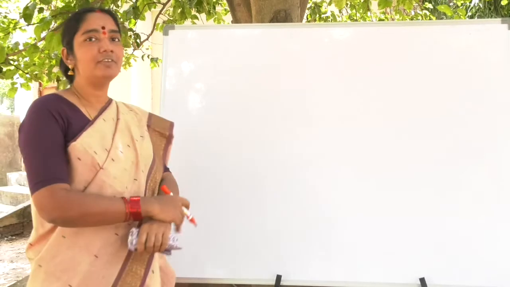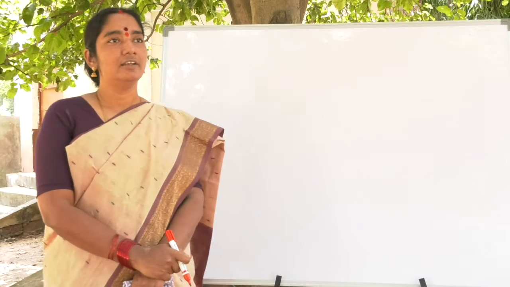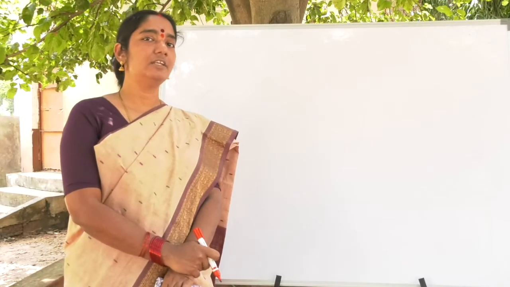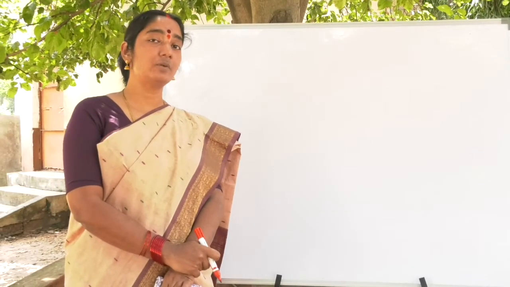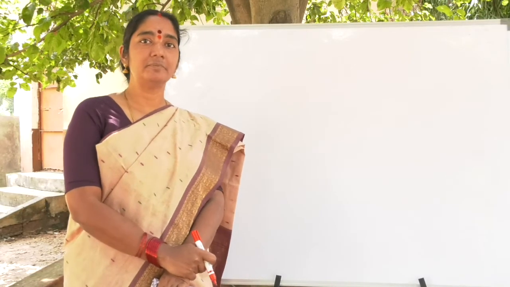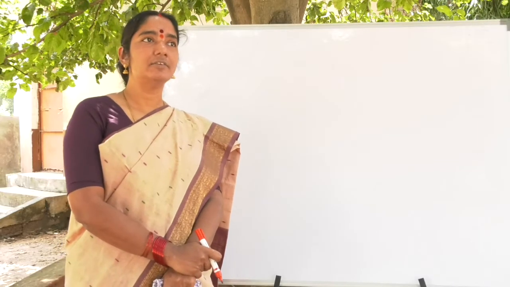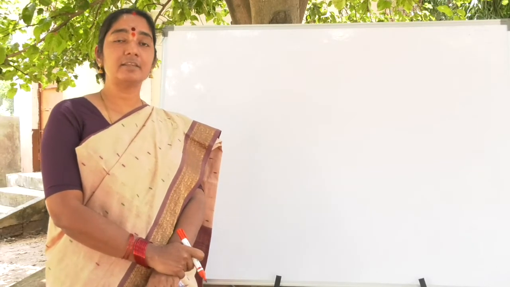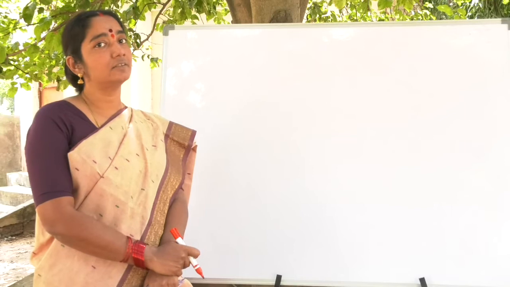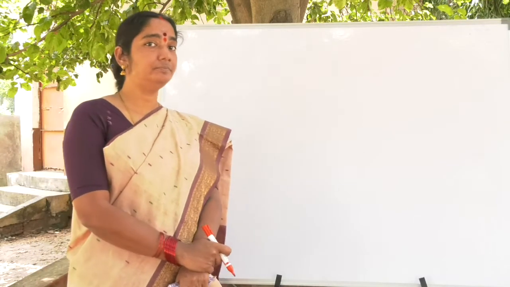Now let us have a review of all the two-dimensional figures. Yesterday we have seen the circle, the square, rectangle, parallelogram, rhombus, trapezium, quadrilateral, cyclic quadrilateral. We have seen about the circle, sector, segment, and all the things we have discussed. So my dear friends, here there is a small question.